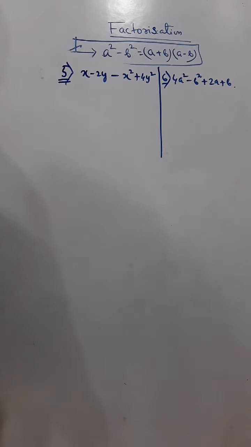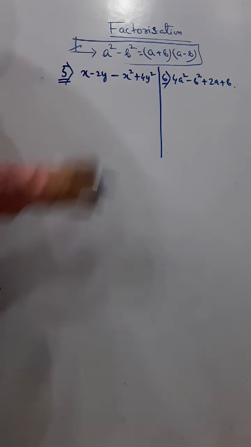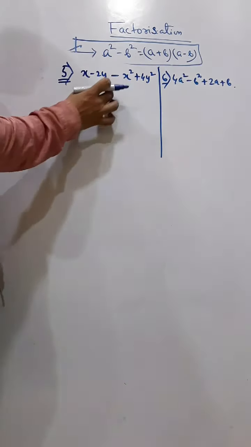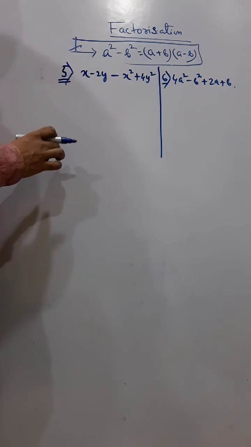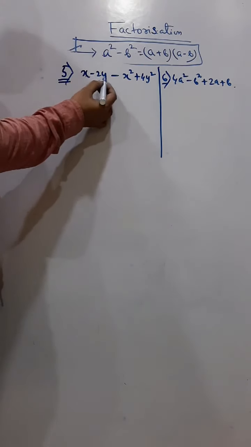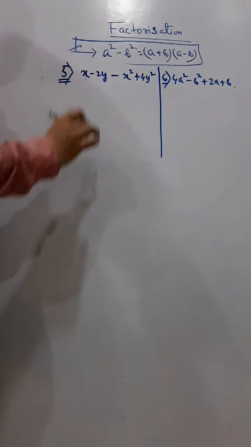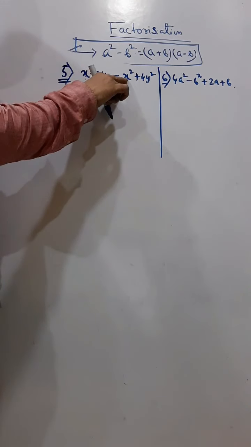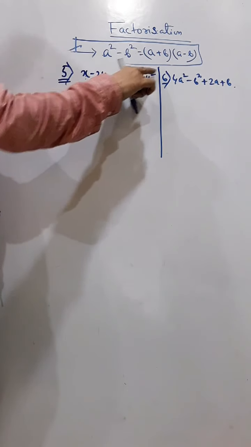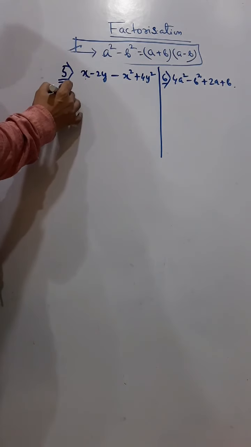Okay, now you can see here directly we don't have the full expression in the form of a square minus b square, but it can be a combination. After solving, we'll take common in groups. Now first of all you have to find out, okay, now this you can't do anything. Here you have square and square, but you have plus, but here you have minus. But you can understand this means x square and this means 2y whole square, and you can see here you have 2y, but here you have minus. So what can we do here?